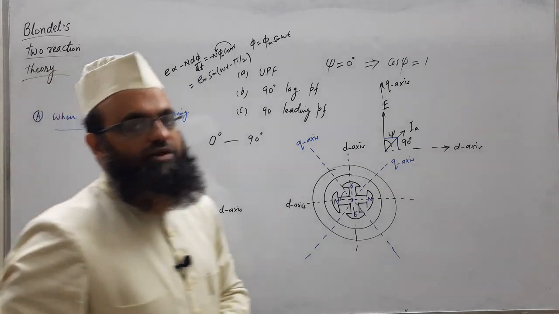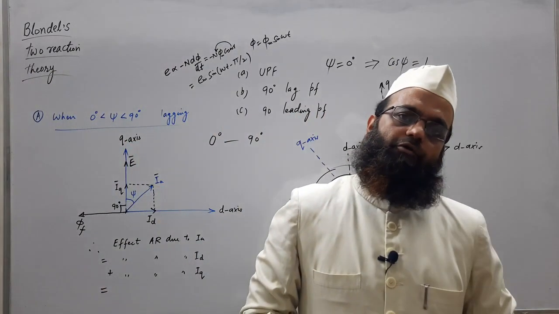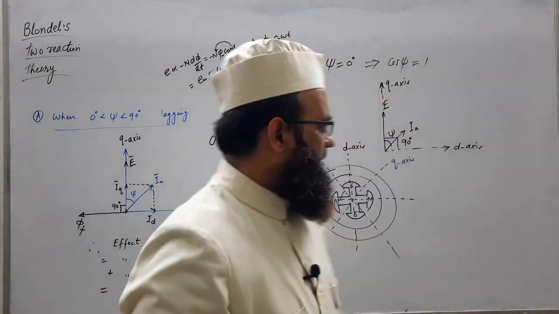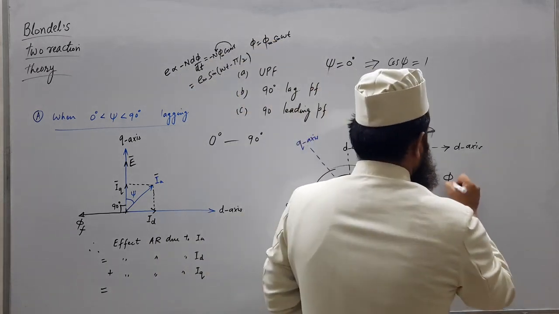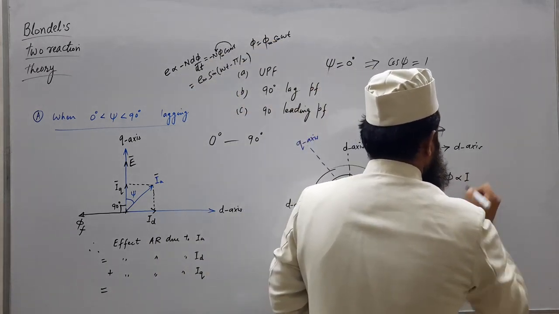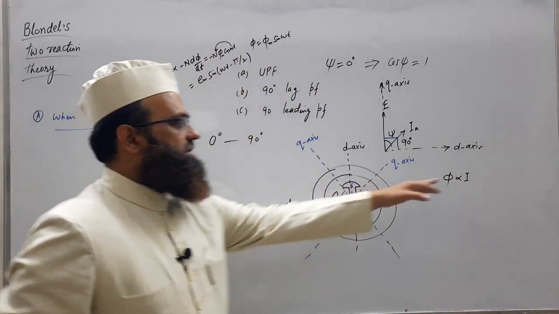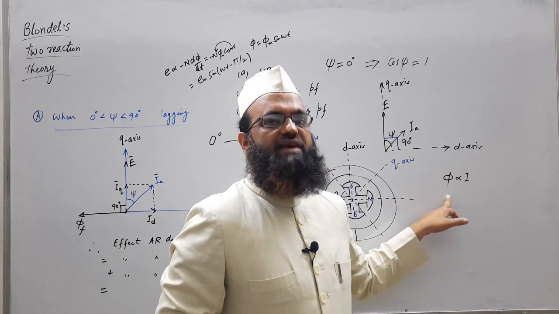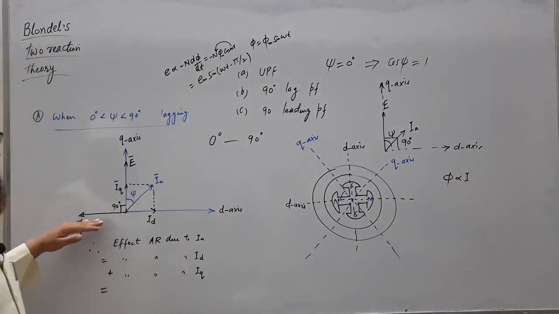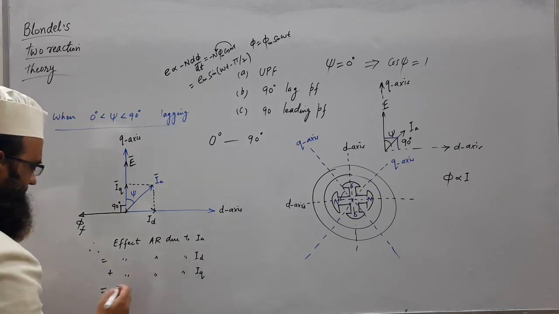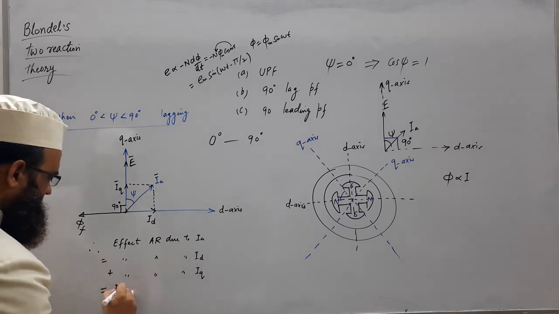See, ID will produce the corresponding field flux, and we know that flux is proportional to the field current. So, when I is 0, phi is 0, and when I is maximum, phi is maximum. So, this is opposing, that is demagnetizing. Due to this ID, it will be demagnetizing